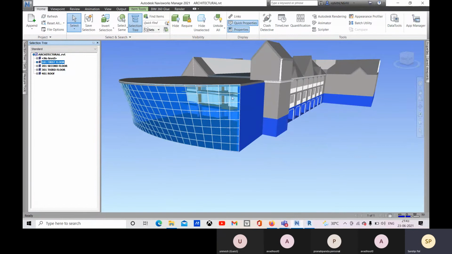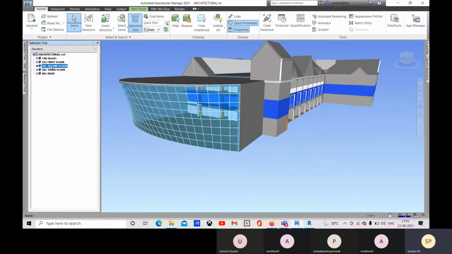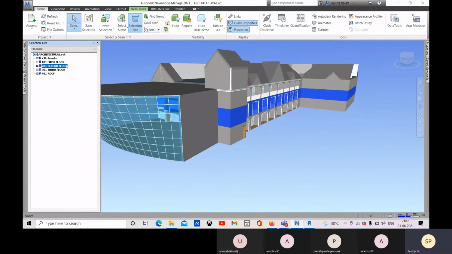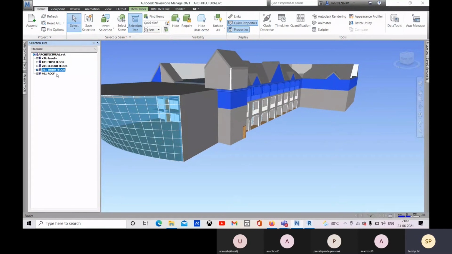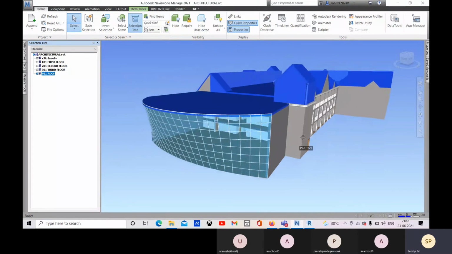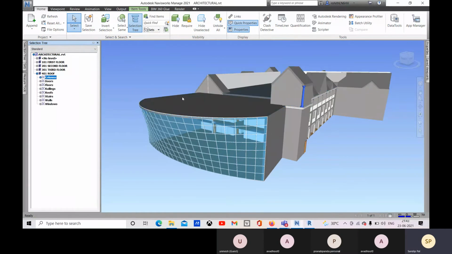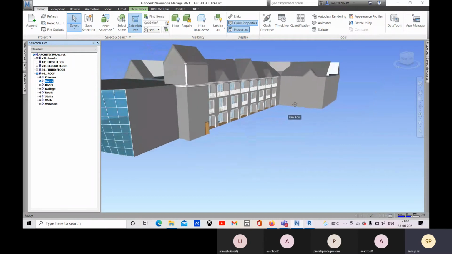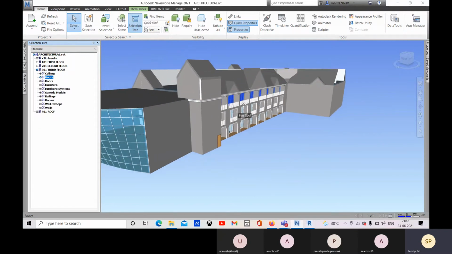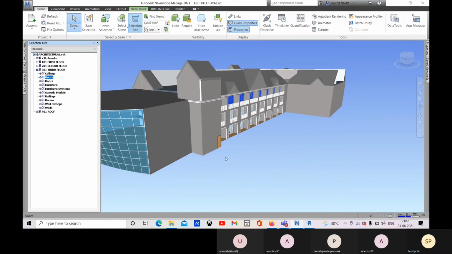That's why these walls are also selected. Here you can see the second floor, third floor, this roof. Okay. And you can open up other items. You can specifically select all these doors, these floors. This way you can specifically select, like, all the third floor doors you want to select.